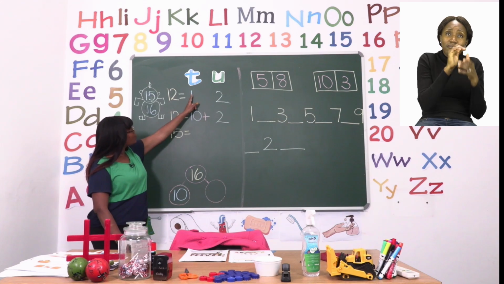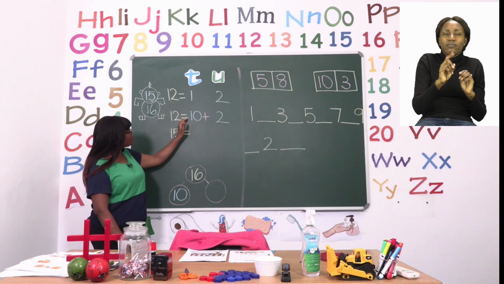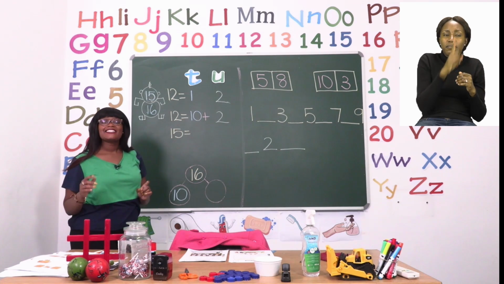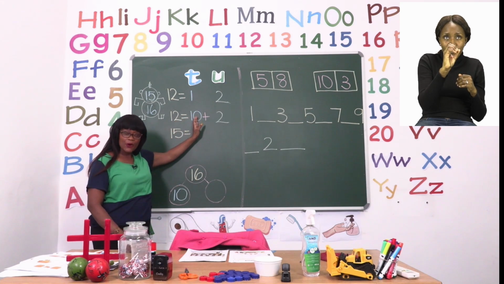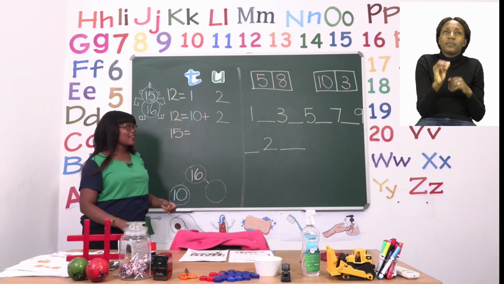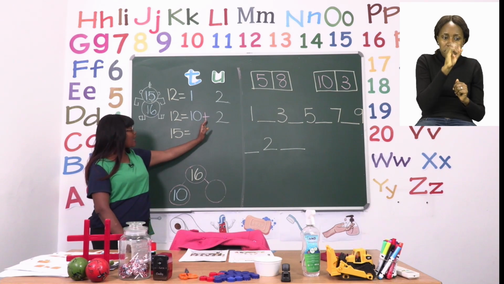So we cannot put him as a 1 when we say 12 equals something. So Mr. Tens needs a friend with him, and he will put a 0 with the 1 to make it 10. So now we know it says 12 equals 10 plus